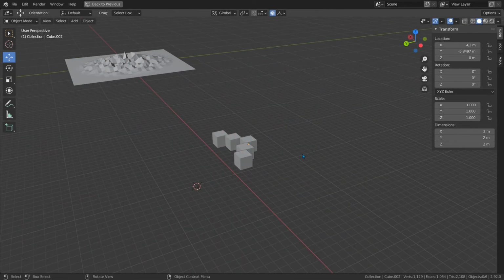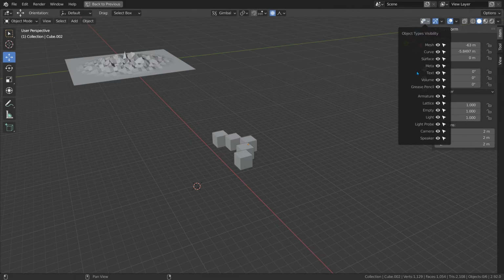Now let's move on to display and shading. The first thing we're greeted with is this menu that lets us show or hide different types of objects. This will become useful when you start working on larger projects. For example, you might be working on a large project that has all sorts of lights, cameras, and speakers, and they are distracting you from your work. Turning them off will help you focus. Just don't freak out and assume all your lights got deleted. Always check that they aren't hidden first.